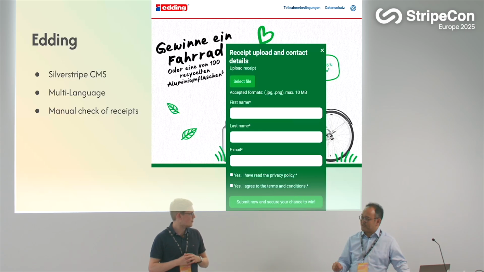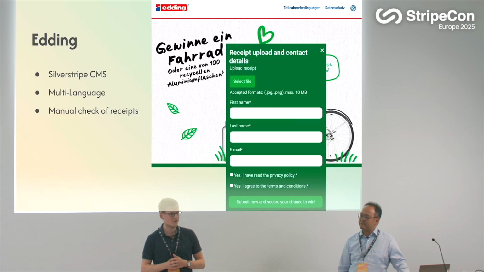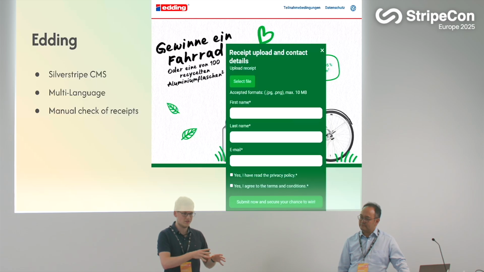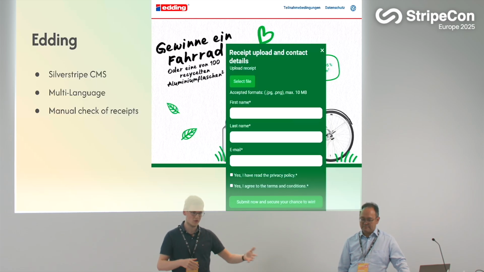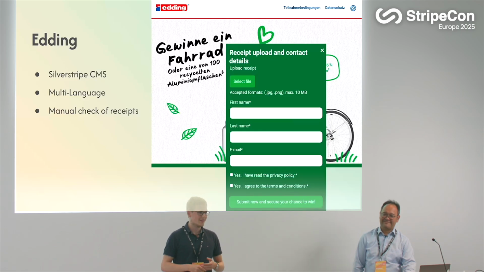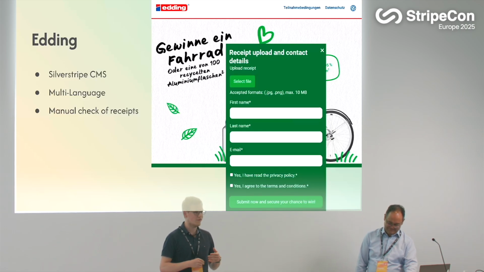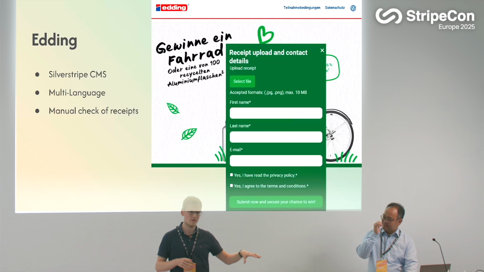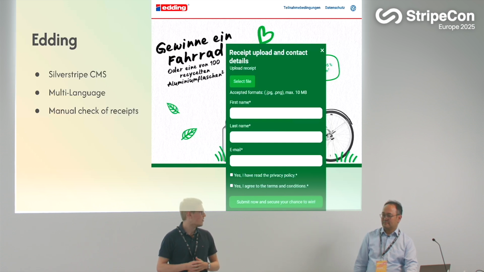To check the receipts, because, is the product on it? Is this legit? Did you upload it once or many times? And yes, it happens. We have teamed up with other companies that check the receipts that were uploaded, but often the automatic check is not working well, and they check like every second one.